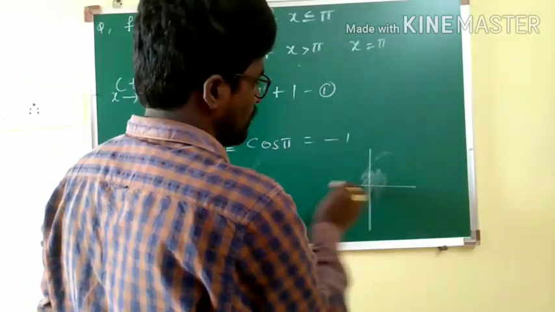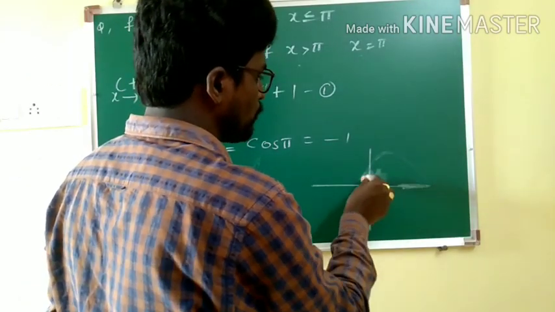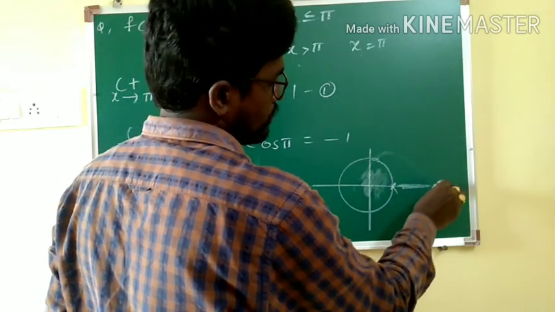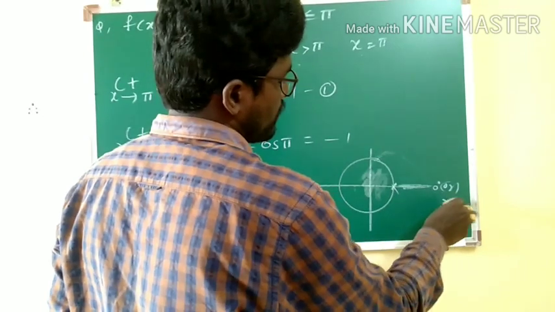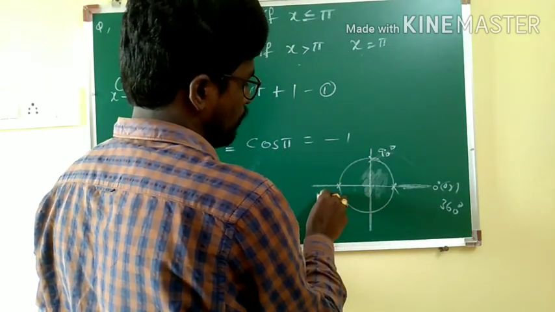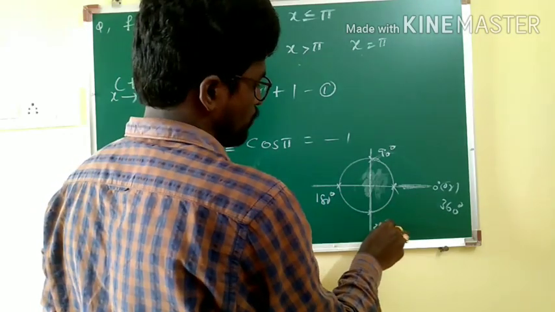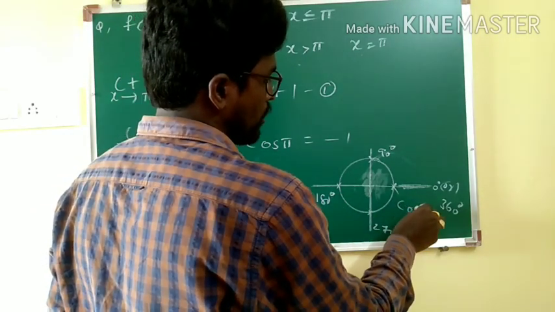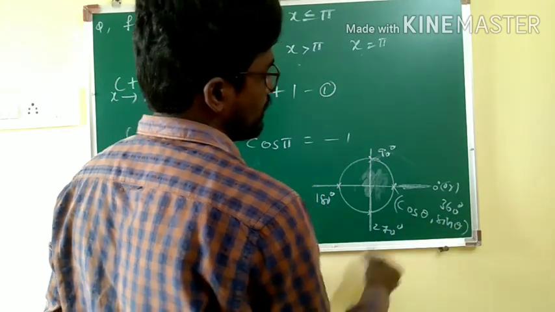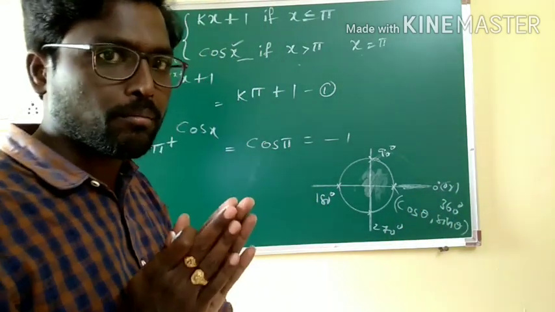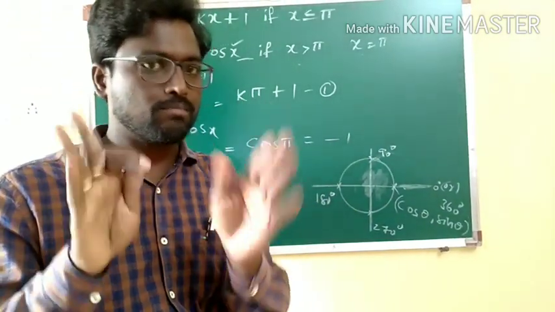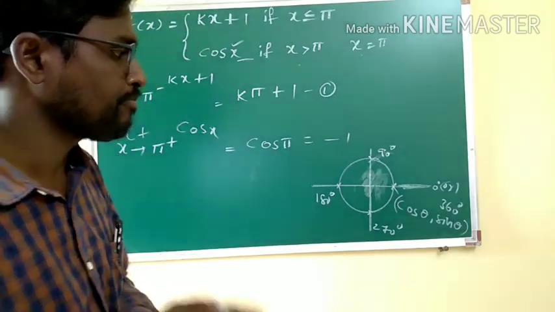Remember, the quadrant angles like 0, 90, 180, 270, 360 are very comfortable to remember, only with a small concept: you just take the unit circle, and it is of 0 degrees or 360 degrees, it is of 90 degrees, it is of 180 degrees, it is of 270 degrees. Now the coordinates are cos theta comma sin theta. Fine. So it is a way to remember the values for 0, 90, 180, 270 and 360. It's a simple method to remember, just mind it.